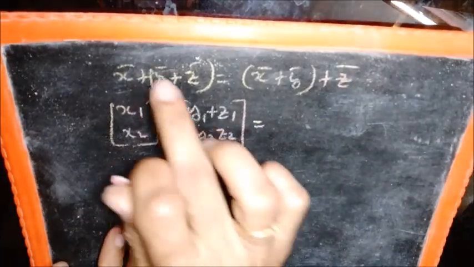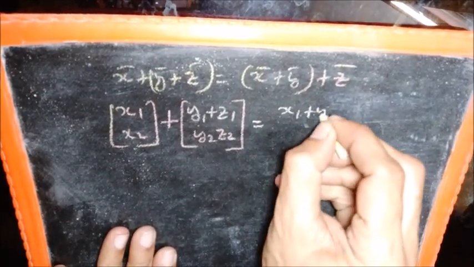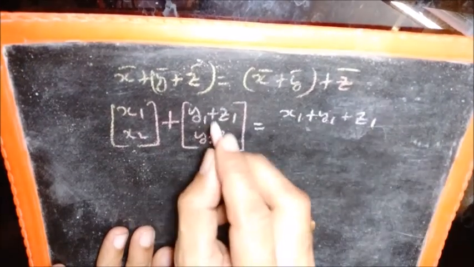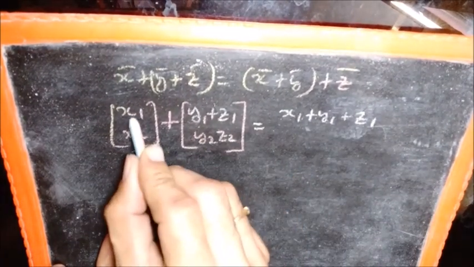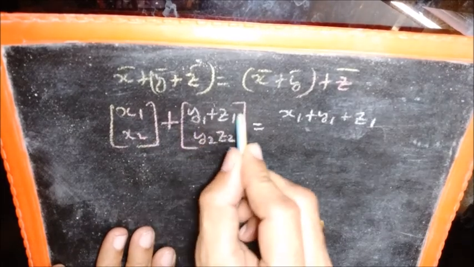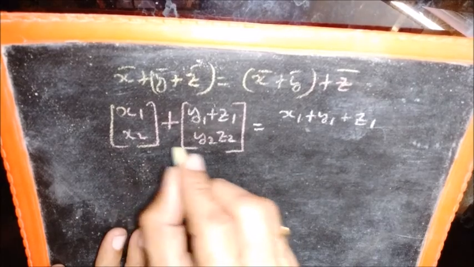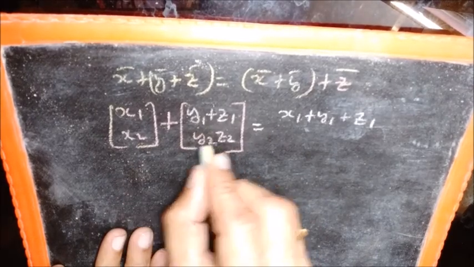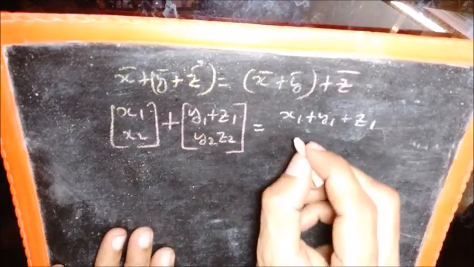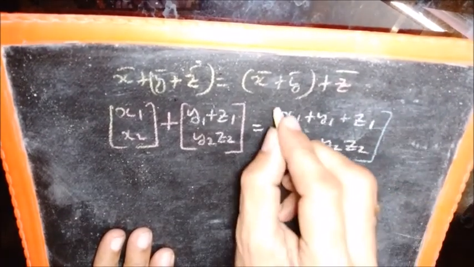And this will be equal to, so remember this is the left hand side I am writing, x1 plus y1 plus z1, because now this becomes a separate vector. So when you add the way we have defined, this component is getting added to this component, and that is the result of this. And the x2 and this component will get multiplied to each other, because that's the way we have defined addition, and the result is x2 y2 z2.